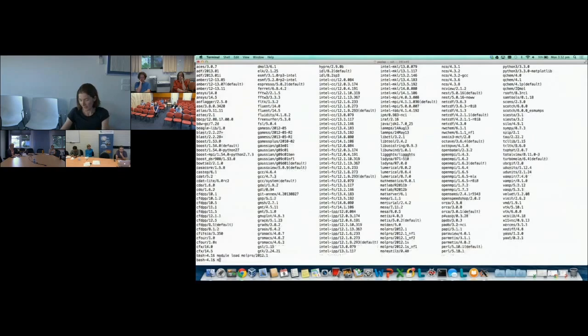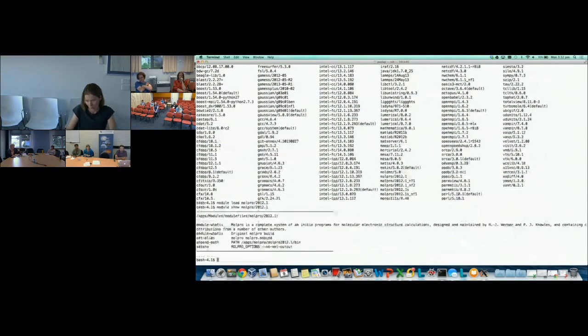And then if I want to see where the module is actually installed, or where the libraries are, whatever, I can use show. Or I think display does pretty much the same thing. And so it gives me some information.